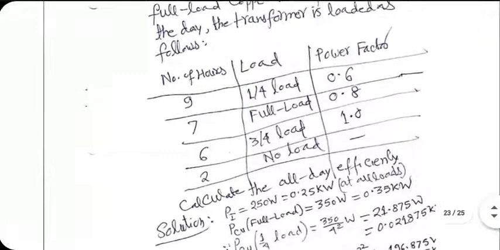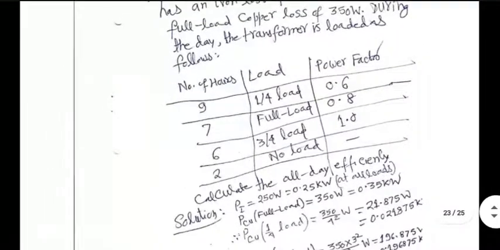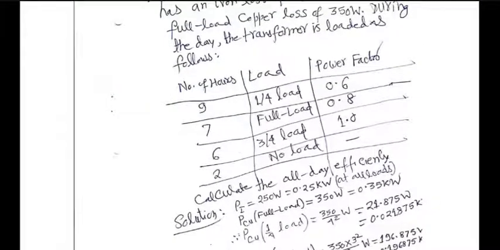Copper loss is 350 watt, which is 0.35 kilowatt at full load. So at 1/4 load, you know that copper loss is proportional to the square of the current. So at 1/4 load, the value will be 1/16 of the full load value, 1 by 4 into 1 by 4. So 350 divided by 16,